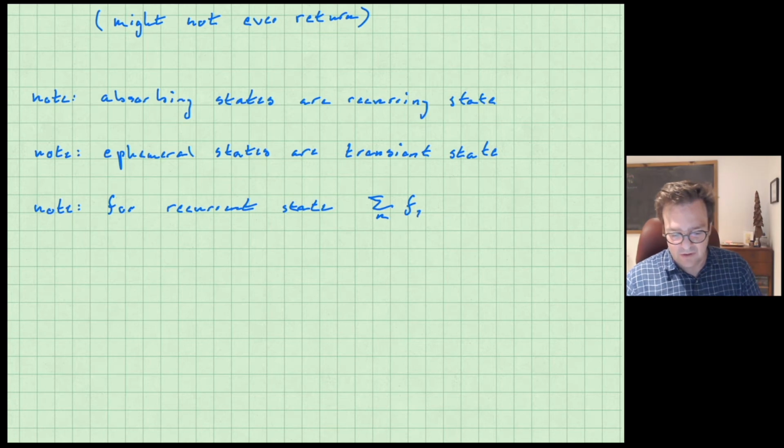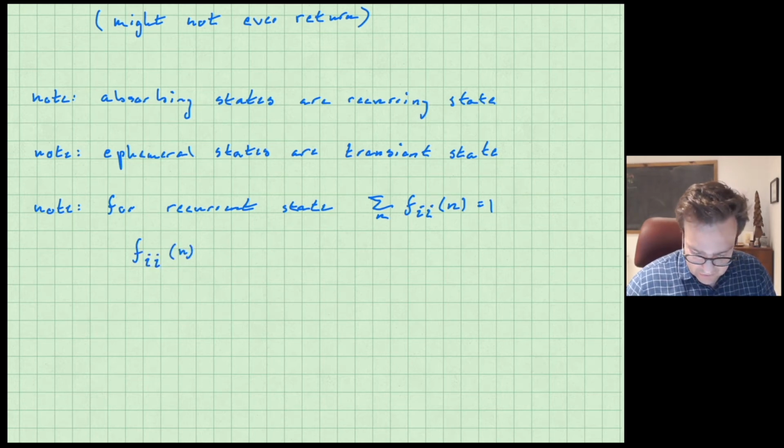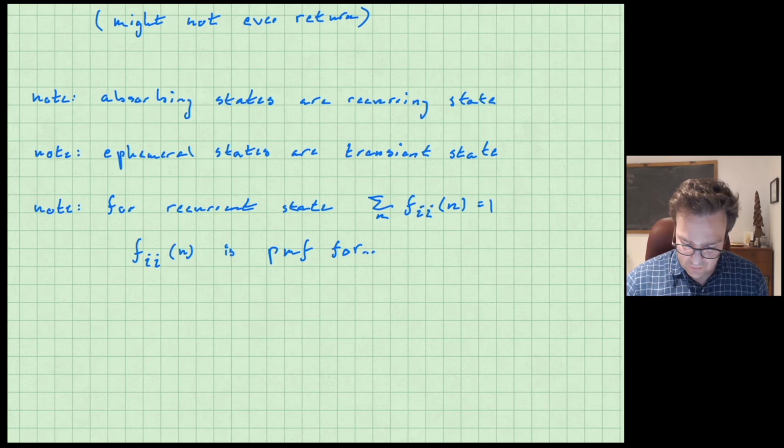It means that you will return to the state. Then f_ii^(n) is the probability mass function. That is to say, it's the probability mass function for the event